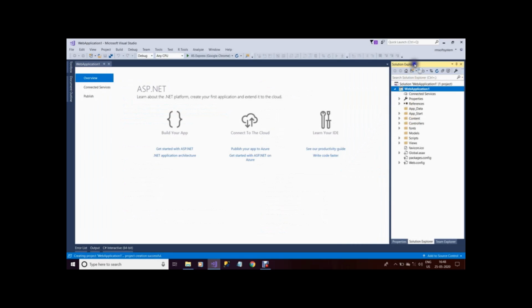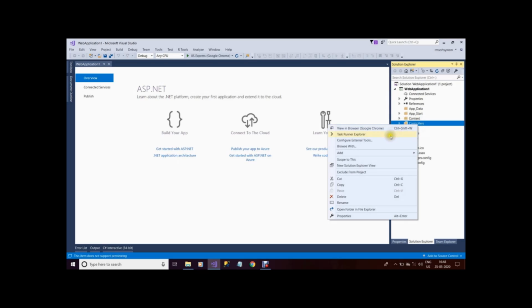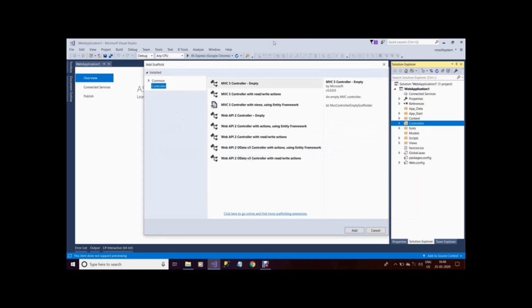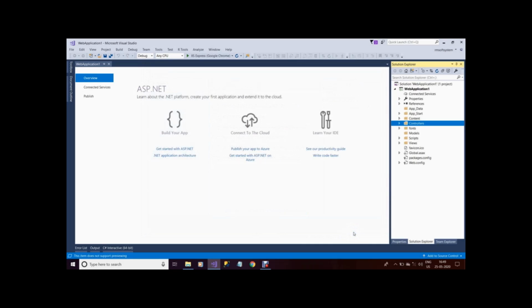In the Solution Explorer, find the Controllers folder, right click on it, select Add Controller, select MVC Controller - Empty, click Add, put the controller name as TestController and click Add. Make sure not to delete the word Controller.